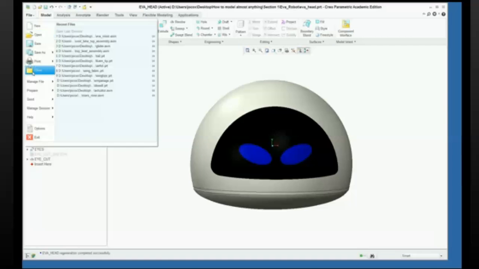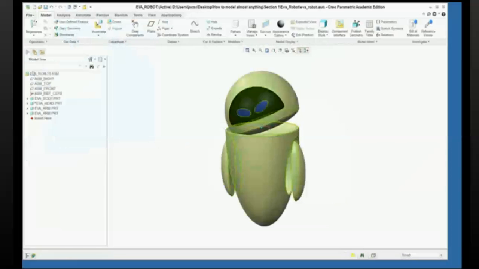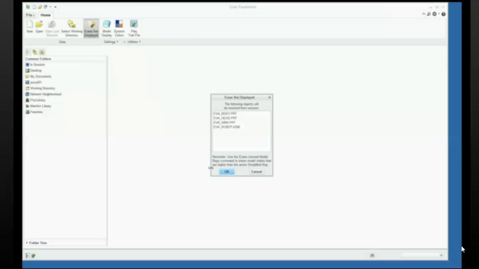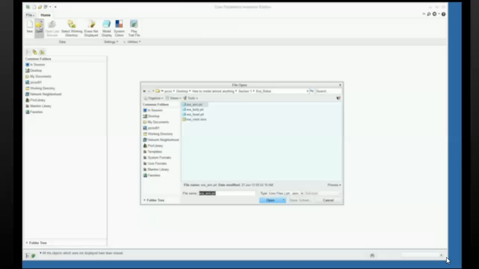So in a part model, that model tree contains all of the features. In an assembly, it contains all of the parts. And once again, as you work through the exercises in the curriculum, you'll get a chance to explore this model of EVA and see how the different parts were made. So I'm going to close this model, erase it again from memory, and I'm going to open up our last model for tonight. And this is a